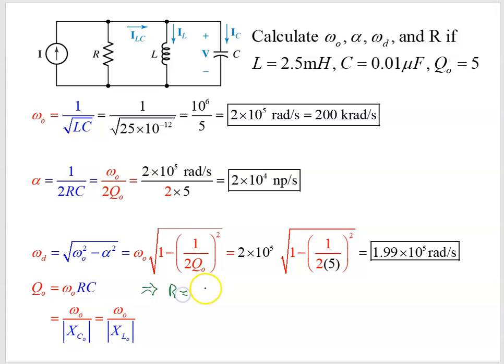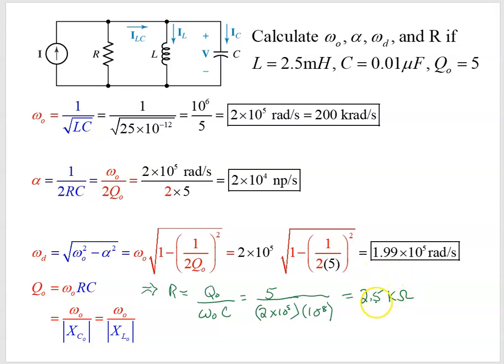R then is equal to Q naught divided by omega naught C, or equal to 5 divided by our 2 times 10 to the 5th radians per second, and then our capacitance, which is 0.01 microfarads, so that's 10 to the negative 8 farads. So what are we going to get there? We're going to get 5 divided by 2, or 2.5, times 10 to the 3rd. So we get 2.5